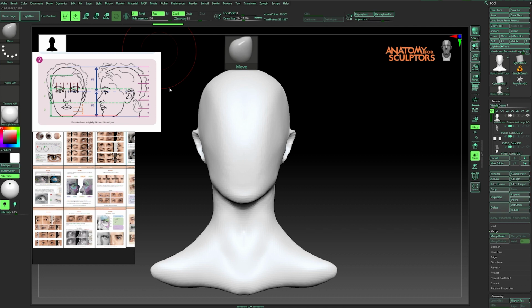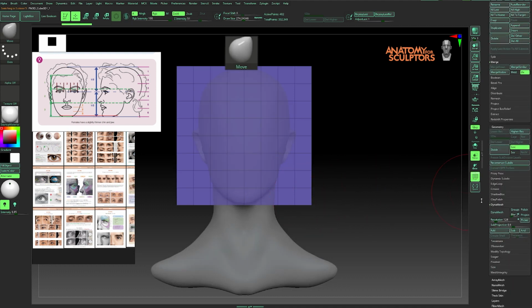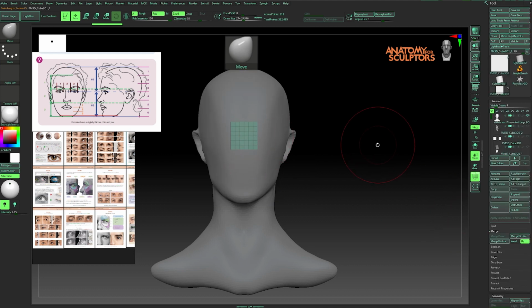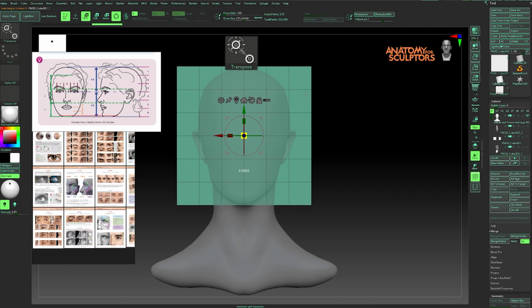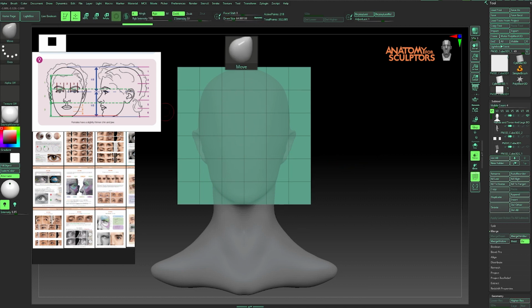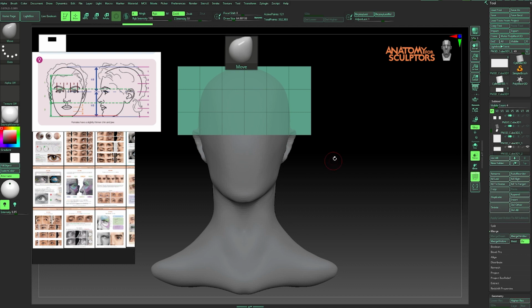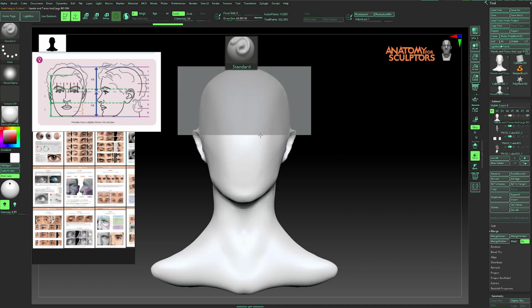Here we divided the head into 6 segments horizontally and vertically. So like before, we create a cube and divide it into 6 divisions in each axis in the initialize section of the tools menu. Then scale the cube to match the head size, then halve the height of the cube. It doesn't matter which half, as we just want to locate the eyes position, and it's in the middle of the cube. Don't delete the other half, we may need it later. The middle line of the cube is the position of the eyes. In the reference picture, you can see that it's the middle of the eyes, but more times it's the top of the eyes.